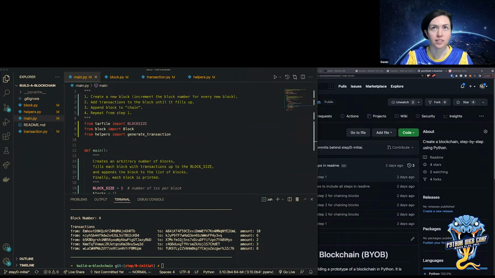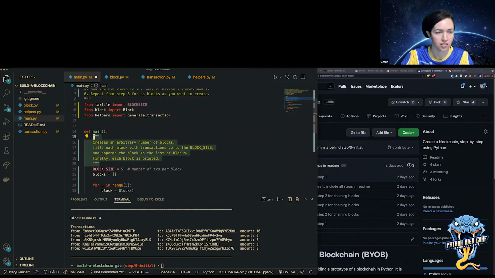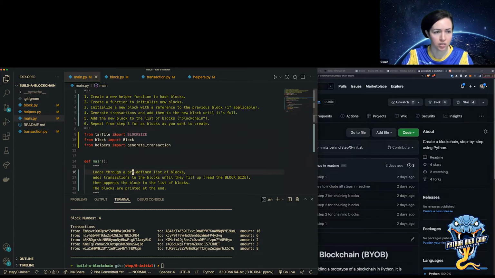So to do that, let me copy this. Yeah, so actually not much changes in this file, although something will change.